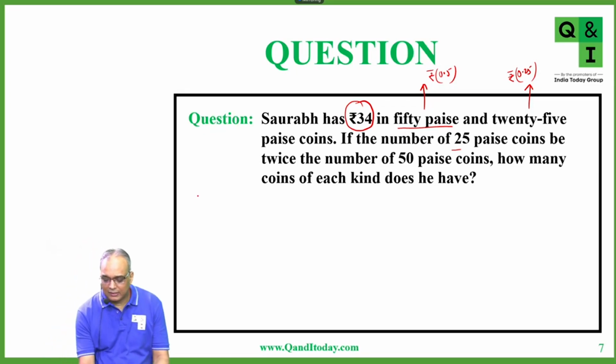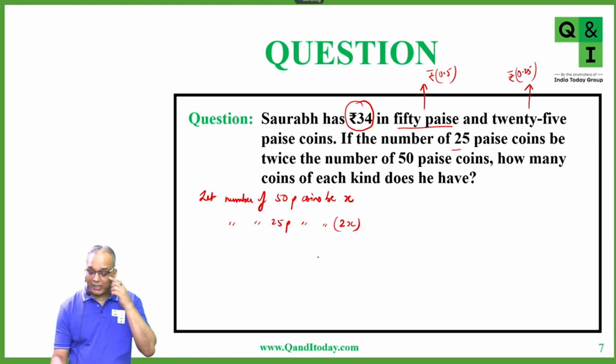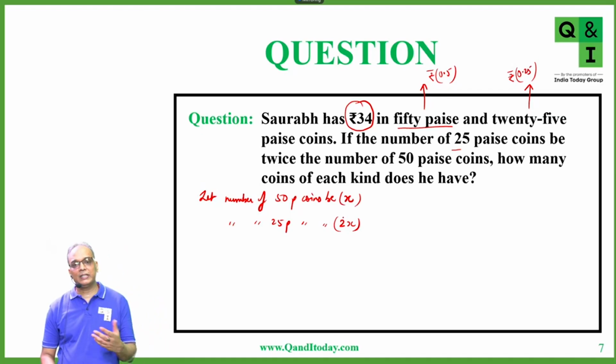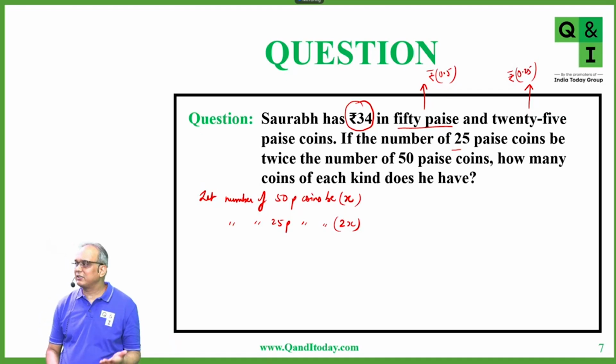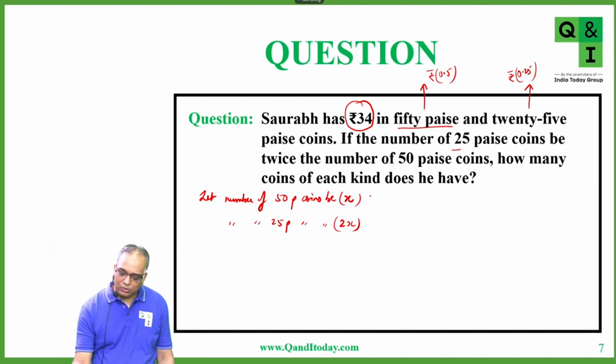Okay. So let the number of 50 paise coins be x and the number of 25 paise coins be 2 times x, because it is twice the number of 50 paise coins. So if the number of 50 paise coins is x, 25 paise is twice of that. So that is 2x. Okay. So once you have got this,